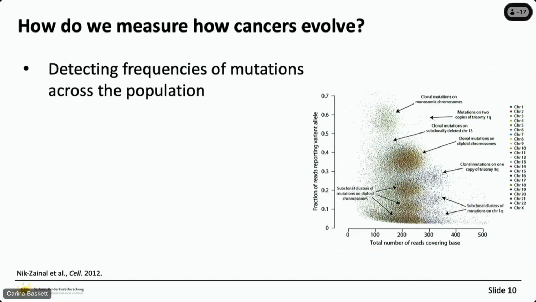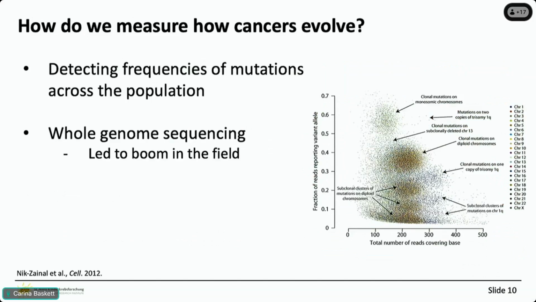So how do we measure how cancers evolve? Well, I referred to it on the first slide that we're interested in allele frequencies. So for us, it's typically variant allele frequencies in a population of cells. And one of the typical assays that we, of course, use is whole genome sequencing. And I would say that cancer evolution really kicked off with the advent of next generation sequencing. There were a lot of papers in 2011, 2012 that really then applied whole genome sequencing to studying cancer evolution.